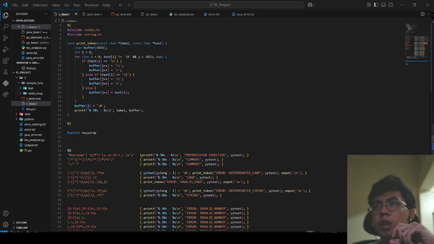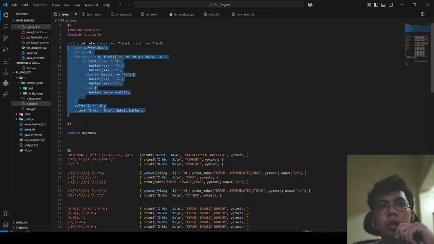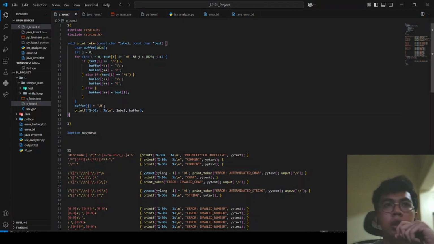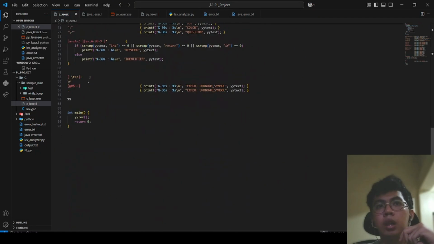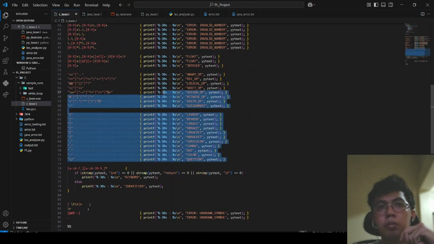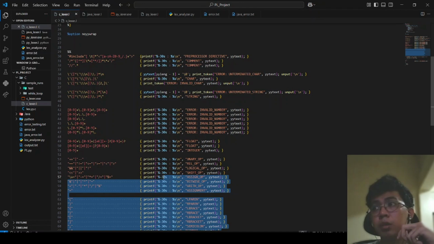Okay. So let's go through them one by one. Here is the flex file of the C language. We have here a function named print token. This one is just responsible for the formatting of the output.